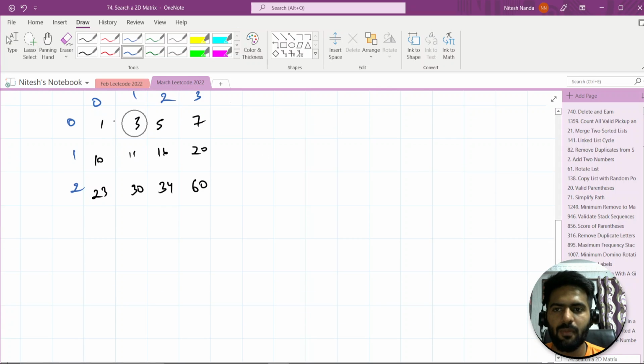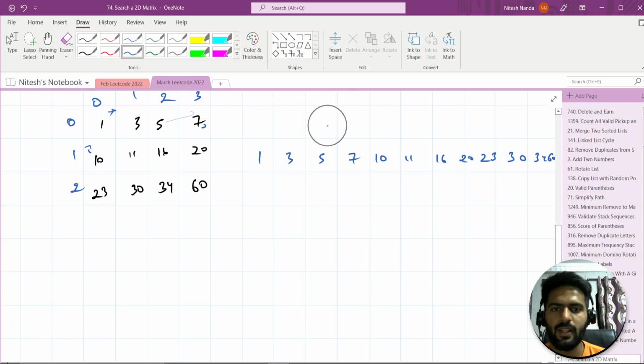in a sorted manner from left to right, and also the next row has bigger elements than this. So if you can see, this is also a sorted list. If I just write down here, 1 3 5 7 10 11 16 20 23 30 34 60. So this is also a sorted list, you can say. If I give the indexes, this is 0 1 2 3 4 5 6 7 8 9 10